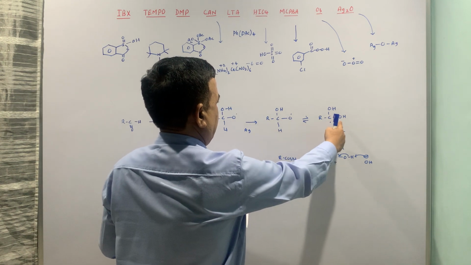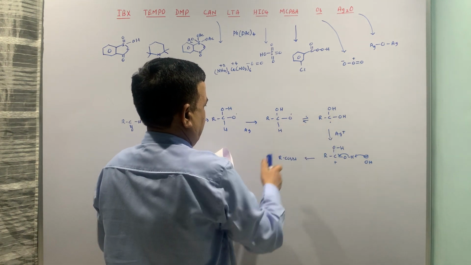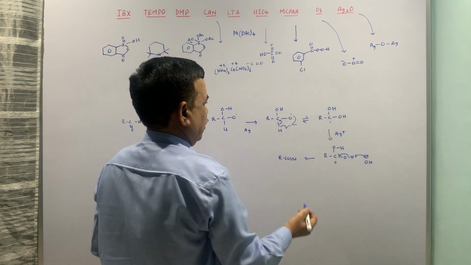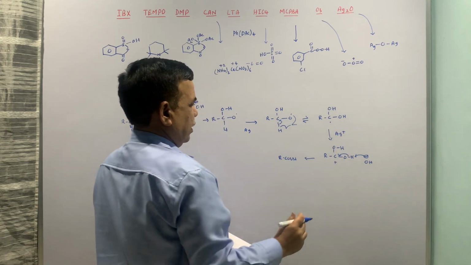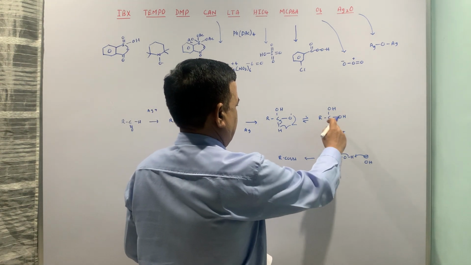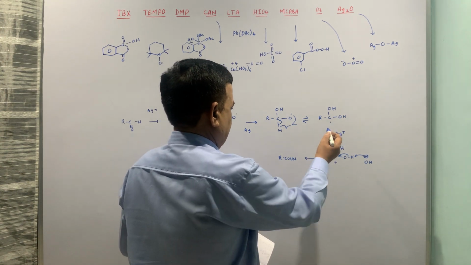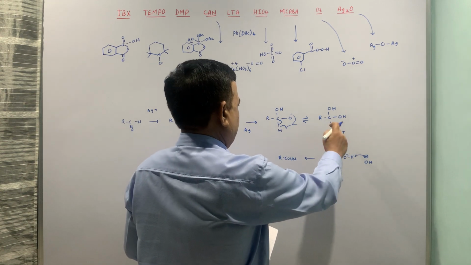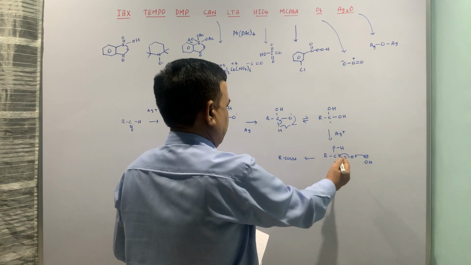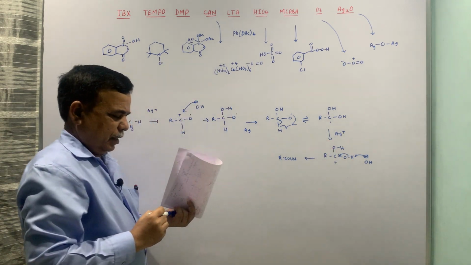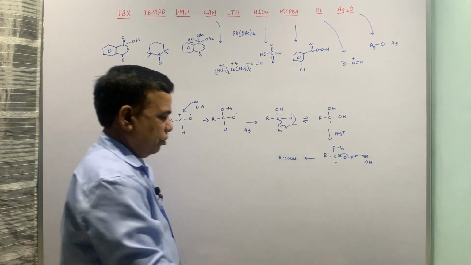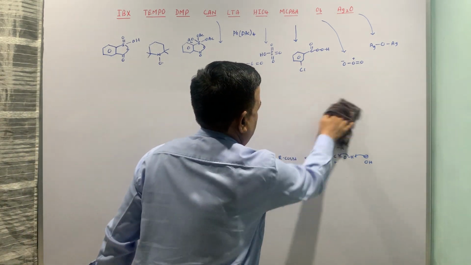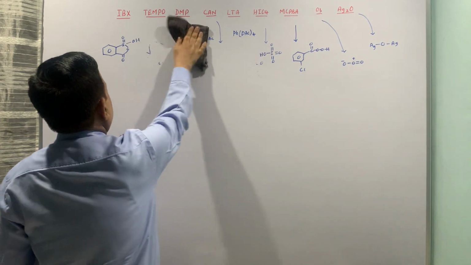Now this O dot, a small rearrangement is there, and this comes here. And Ag once again combines with the radical, and you get this. This electron is taken up, so that positive charge is there, and then it is a type of geminal diol which tautomerizes to the carbonyl group. So silver oxide, one application we have seen today.